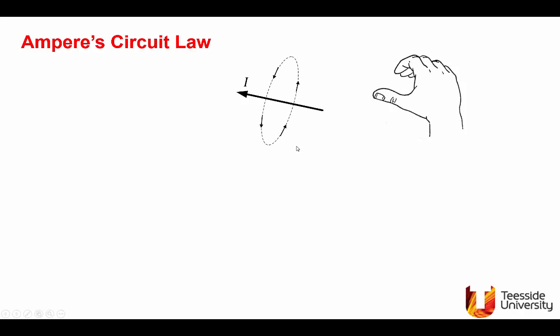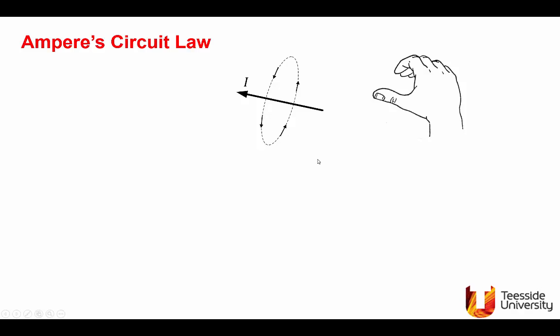In this case, if the current is going as shown, like the thumb, then like the fingers, so that will be the direction of the magnetic field. And from symmetry, there will be concentric circles, getting weaker and weaker as you go away from the